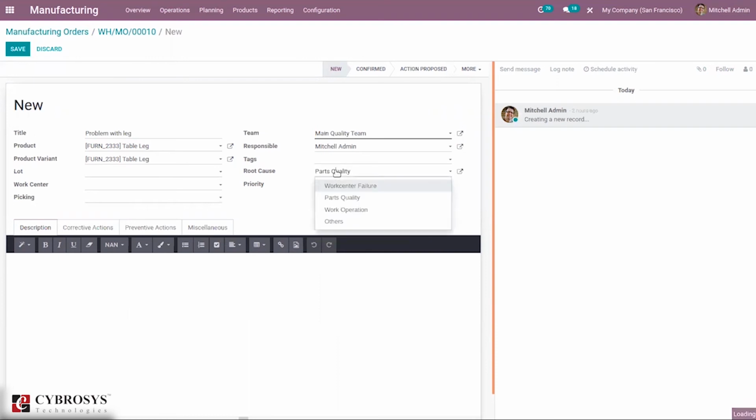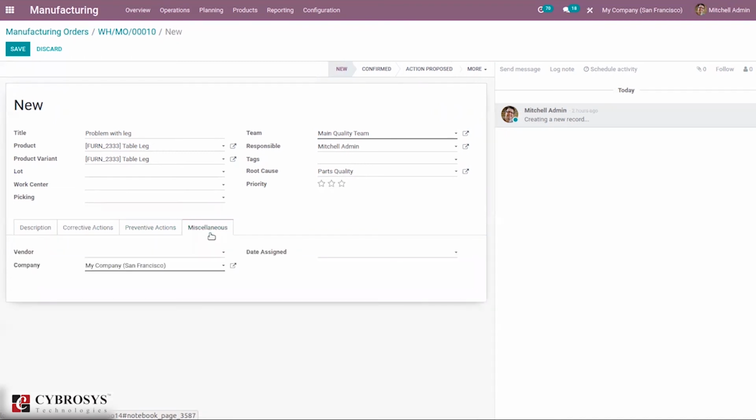Root cause can be quality of the parts or work center issue or work operation issue, or it can be other issues. And here we can set a description and corrective actions to be done, preventive actions to be done, and some miscellaneous options here. Okay, then after that we can save this quality alert.